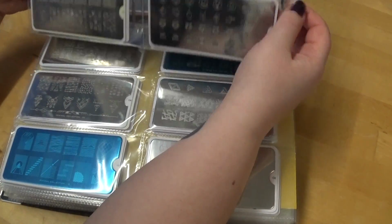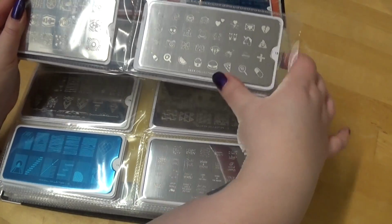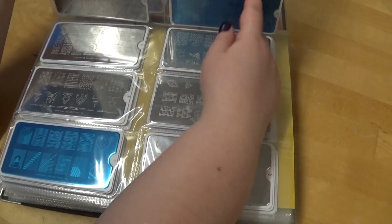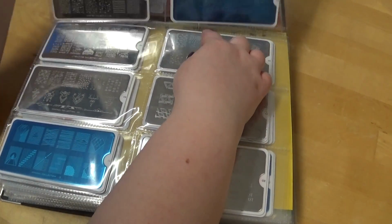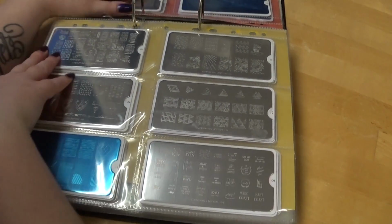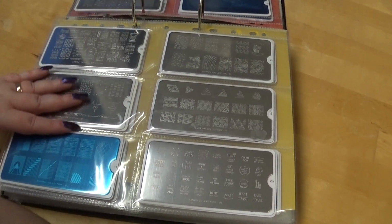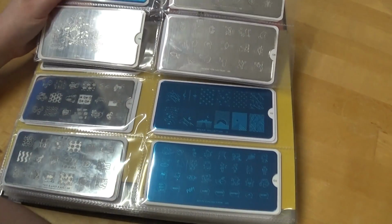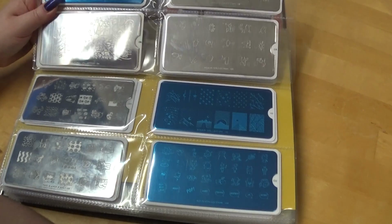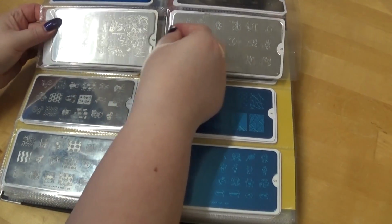Alrighty, the whole Geek collection is really cool because you get a bunch of individual images that are like emojis and stuff, so I like that collection a lot. I recently showed you some from the Hipster collection that I liked a lot, and another series from Moyu that I really like is the Scandi collection. I'm going to get into that in a second, but first let me show you the first ever Moyu London plate